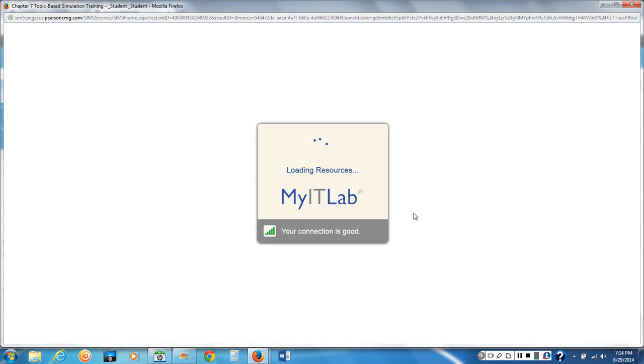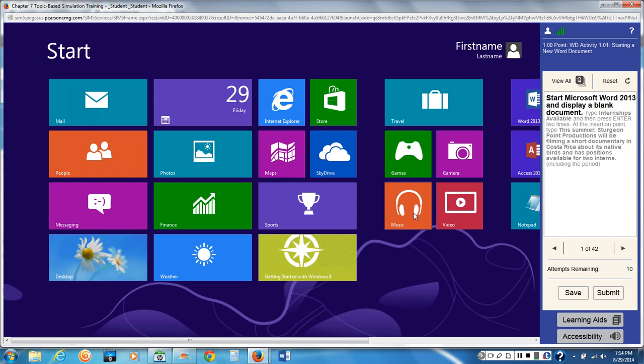Of course, if you have any issues, especially this being the first one in my IT, using your access code, let me know. You're going to have a task over here on the right-hand side of your screen. Here they want you to start Microsoft Word. One way here, you can see, now this is Windows 8, you can click here on the app, or you could just type in Word right now,